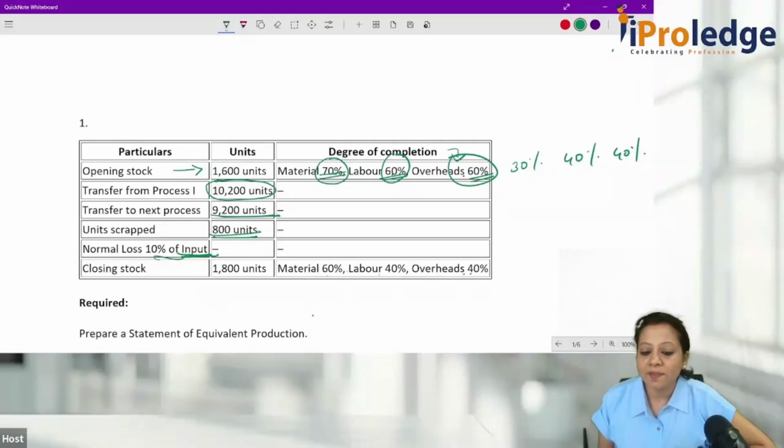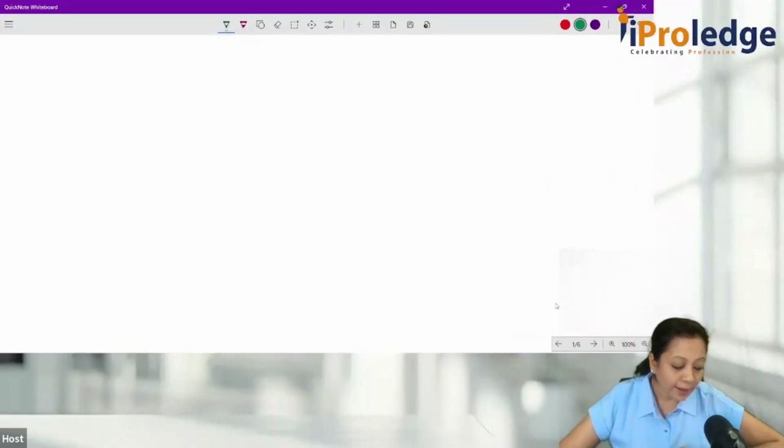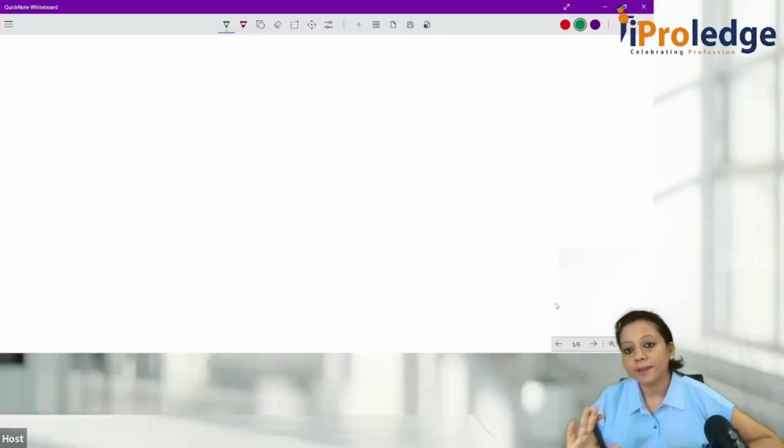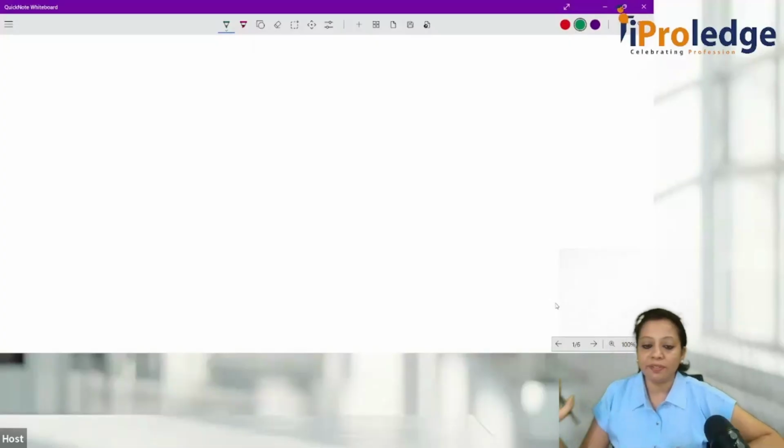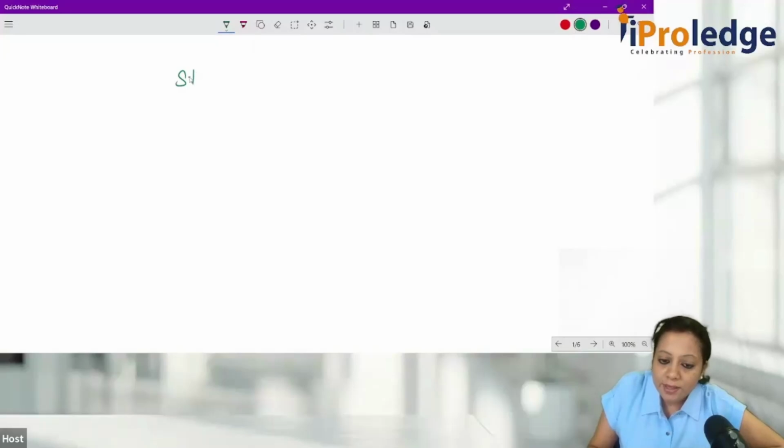Prepare a statement of equivalent production. Let us start by doing the statement of equivalent production. Those of you who want another revision, listen and then write. It's okay, even if we are in a marathon, we need not be in that much of a hurry. You can write down even after listening, especially for this problem. I don't mind. So, statement of